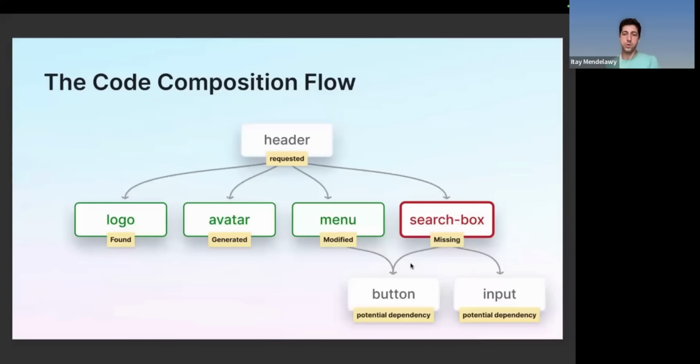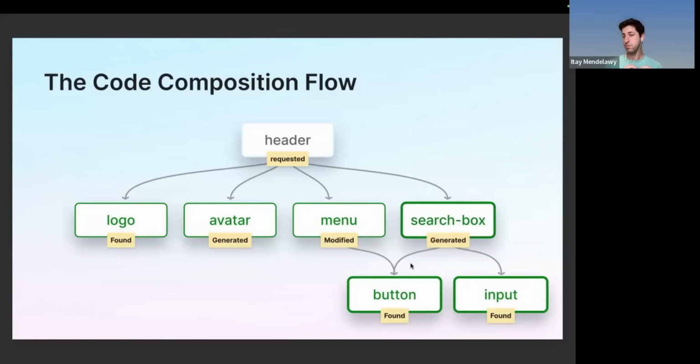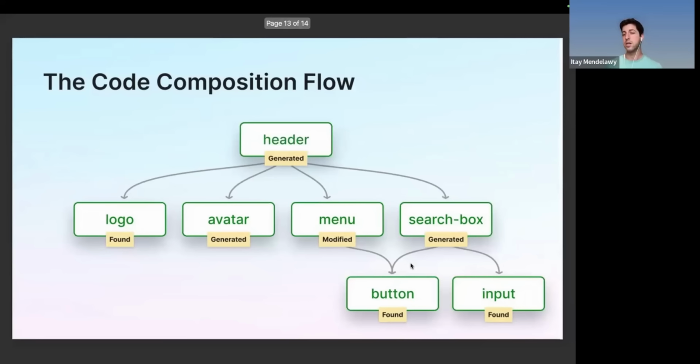To build a search box, we'll need a button and an input. So we're going to search for them as potential dependencies. We found both of them. So now we can implement search box by simply reusing and composing together button and input. So we have that. Now we have all of our dependencies aligned, and we can generate header using all of